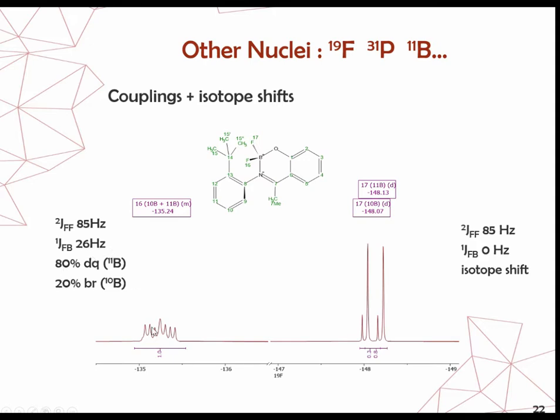And here we will have two superimposed signals: 80% doublet with fluorine and quadruplet with boron for the fluorine with 11B, and 20% broad signal for the fluorine with the 10B nucleus. So here we have two superimposed signals with a quite complicated